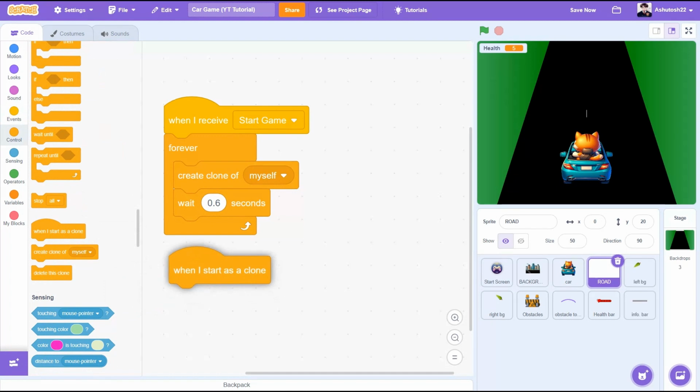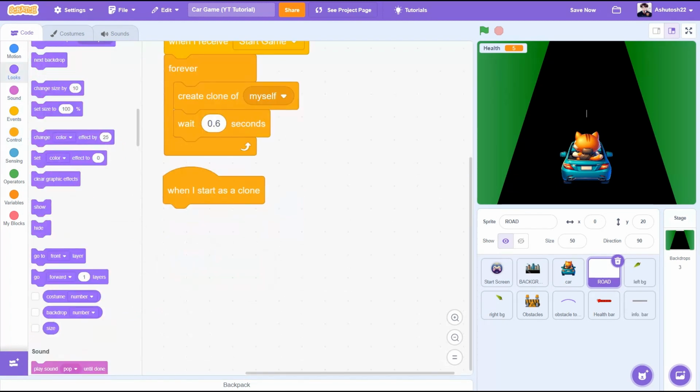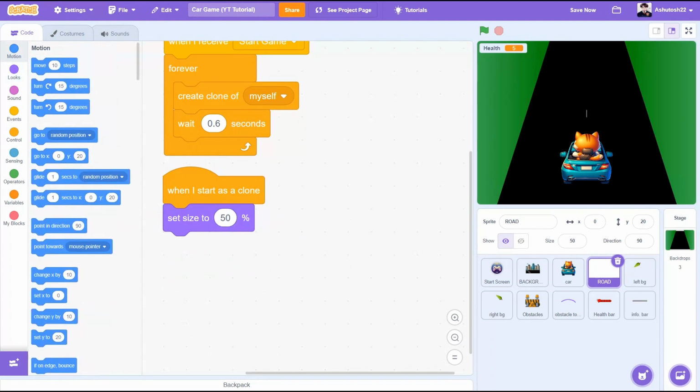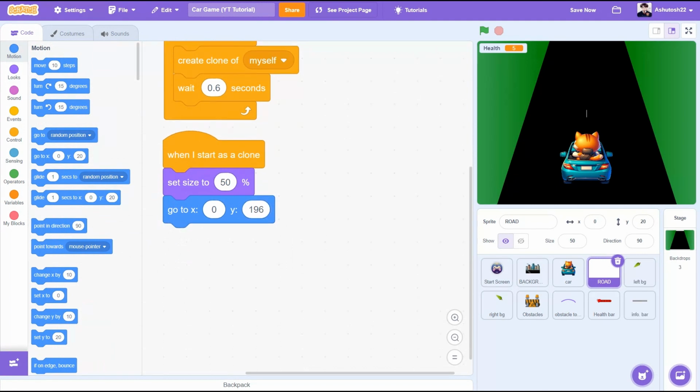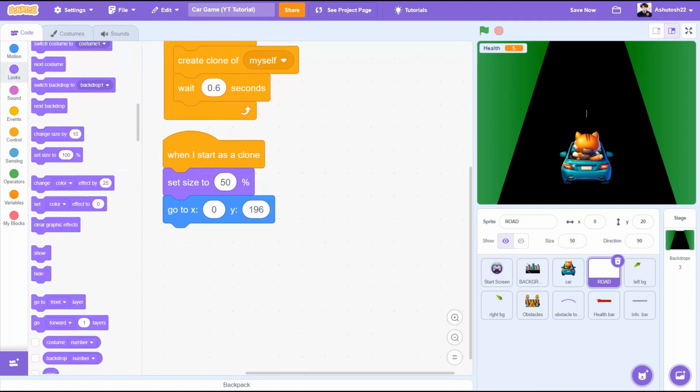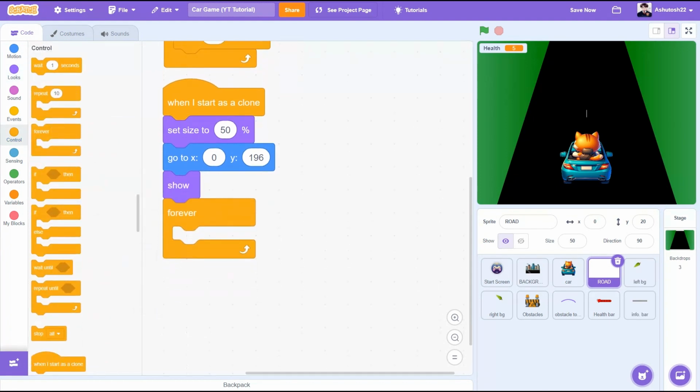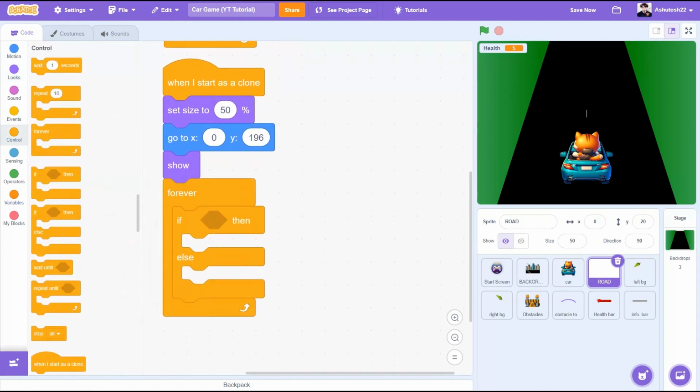When I start as a clone, we'll go to looks, take the block, set size to 50%. Go to X 0 and Y 196. Show, forever loop, if else block,